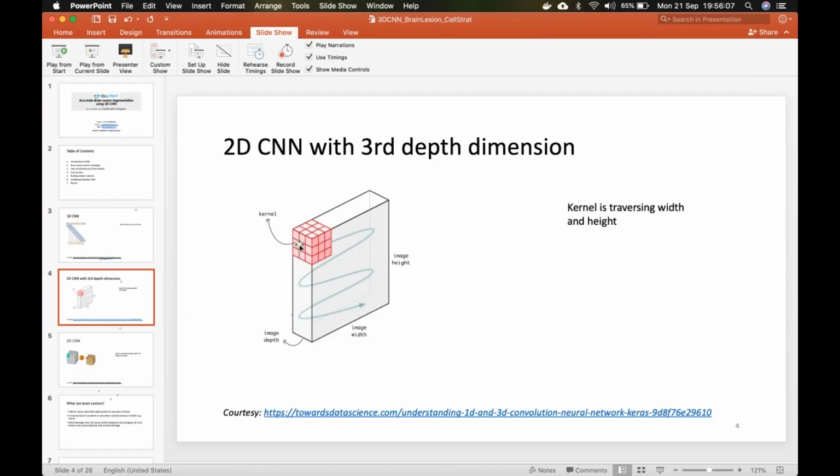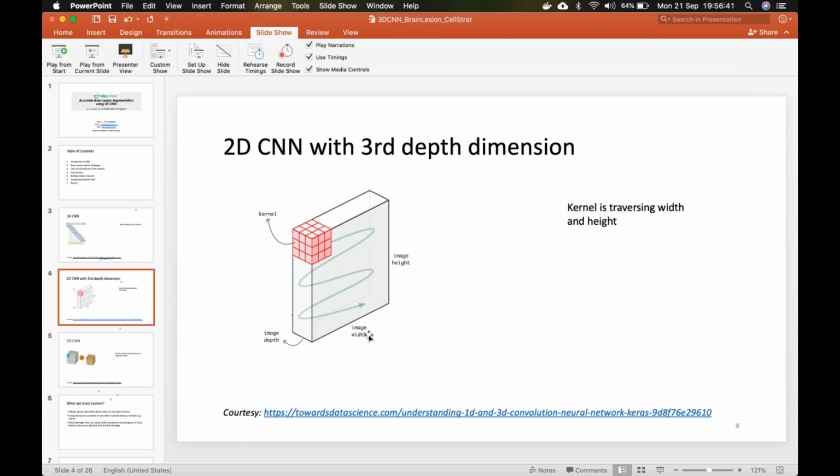Okay, so it will have to convolve over the fourth dimension also, or channel as we call it. No. See, in the 2D case, this is the color dimension. Even 2D CNN with color convolves in height and width. So even if there is a third dimension in the 2D image, it still convolves in two directions, height and width, to extract the features. The main idea is to extract the features: where are the curves, where are the boundaries of two different objects, and all that.